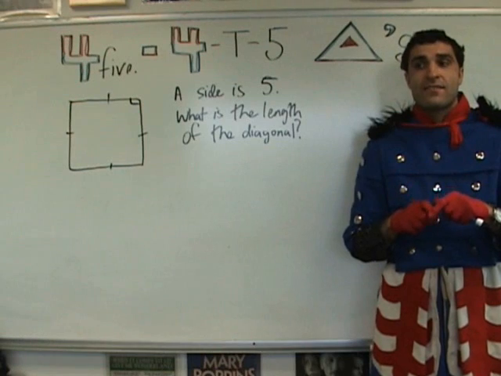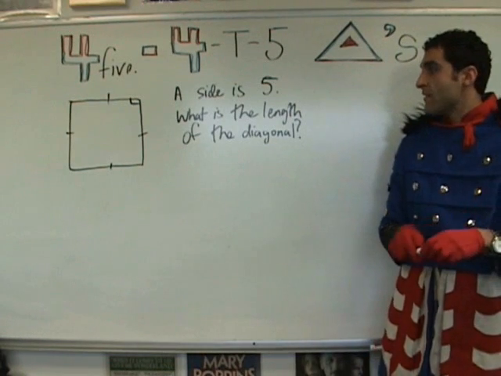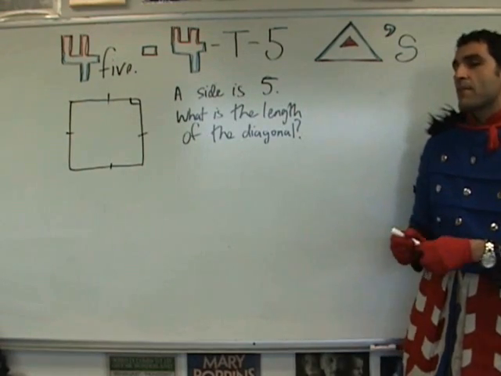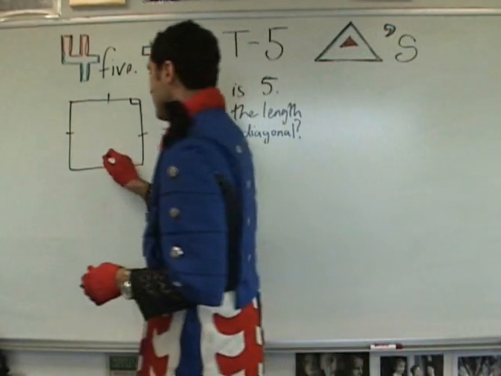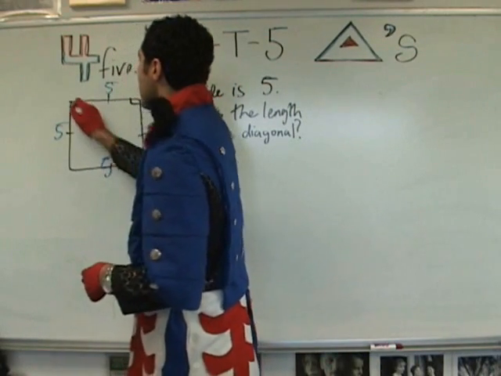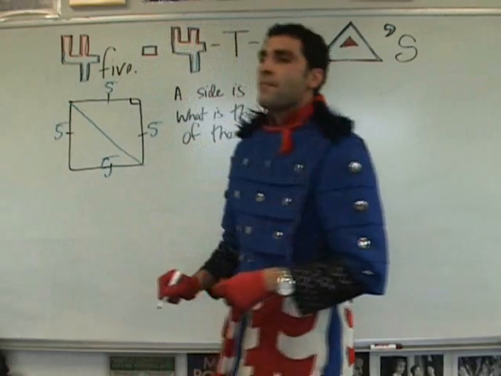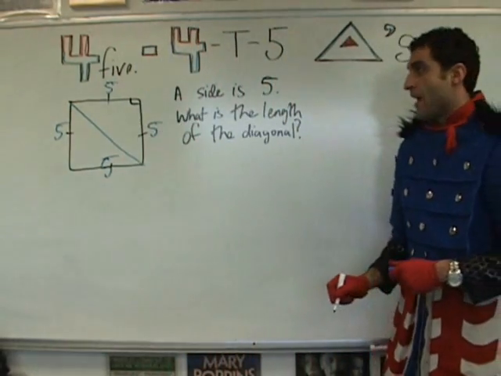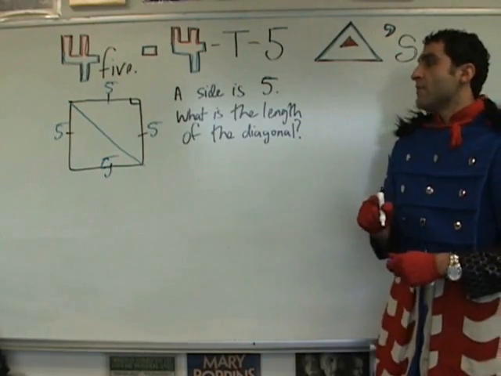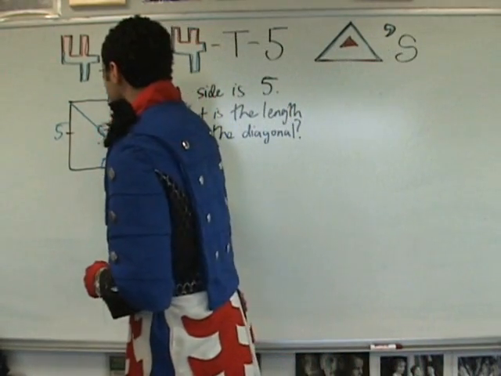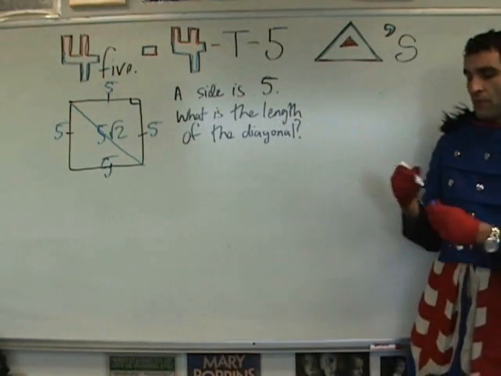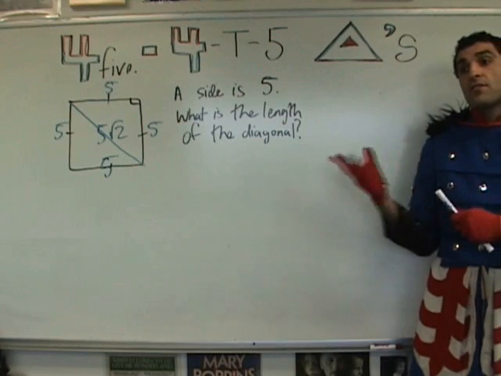It's not hard, is it? All the sides are 5. Why would all the sides be 5? Because it's a square. And then you do the diagonal, and that's the hypotenuse. Diagonal is the hypotenuse. Can you answer the question? 5 root 2. Good job. The good news is, if we forgot our 45, 45, 90 stuff, we could just do the Pythagorean Theorem